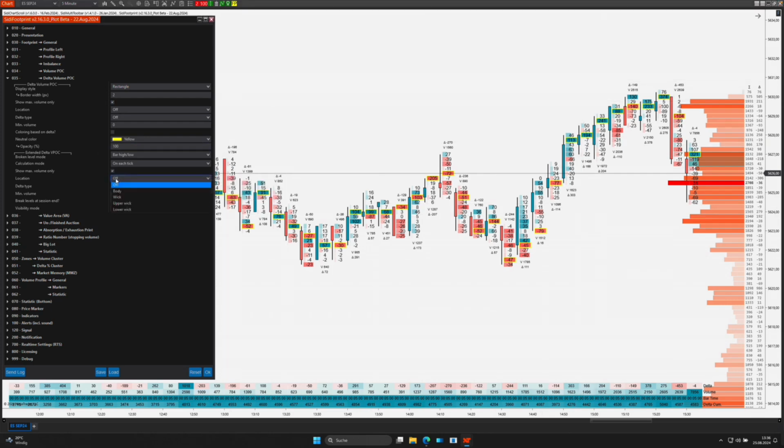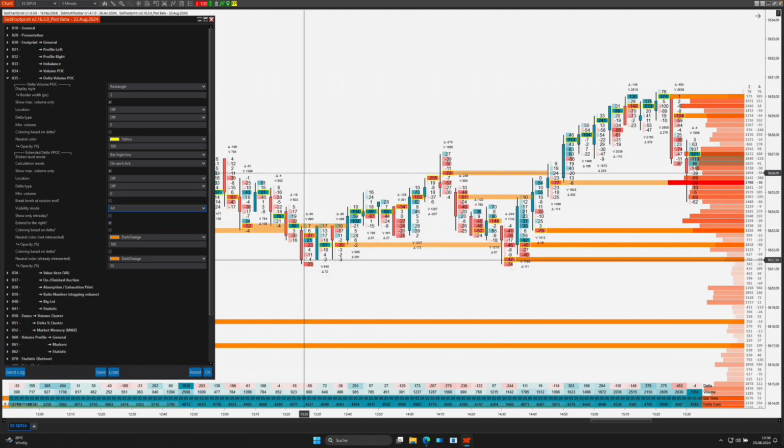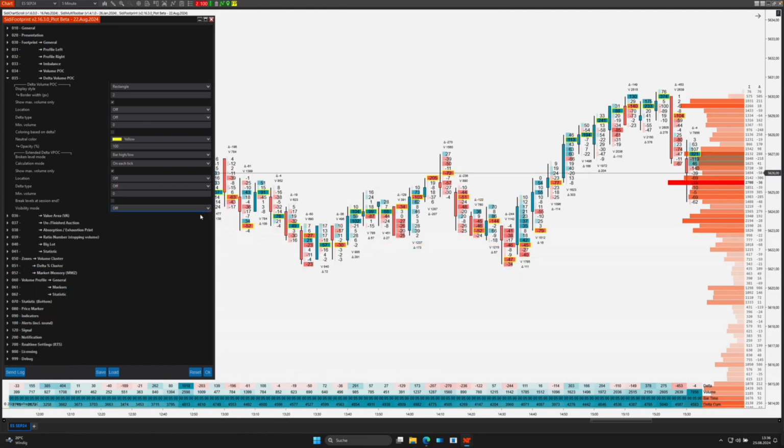Also here again, the filtering: body or wick, upper wick, lower wick, where I would like to have the whole thing. Delta type, i.e. the same as before for volume, coherent or divergent. I can set, here again, a volume filter, only from a delta of X, for example. Here for this extended VP, it is exactly the same as before. For the volume, VPOC, volume POC, we can also activate here. And that makes the whole thing very flexible to really display a wide variety of scenarios in your daily trading.